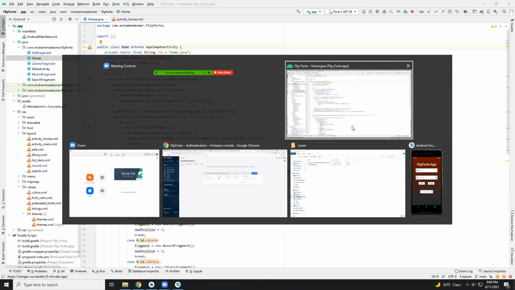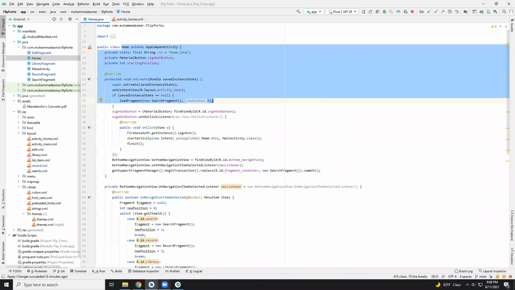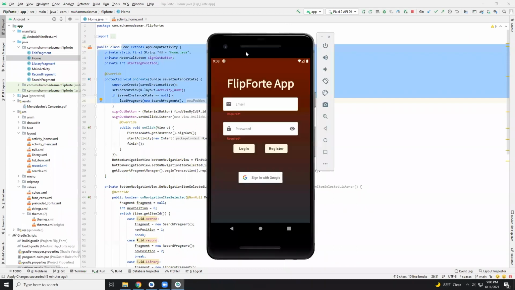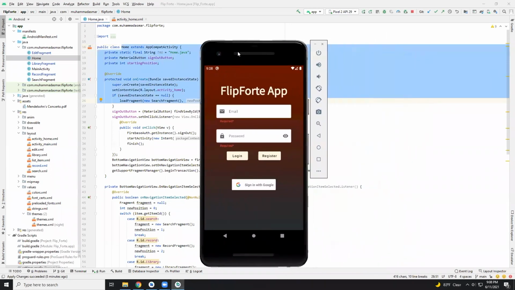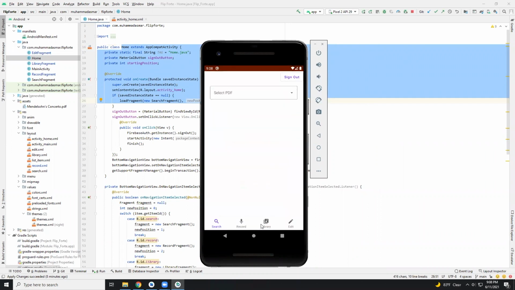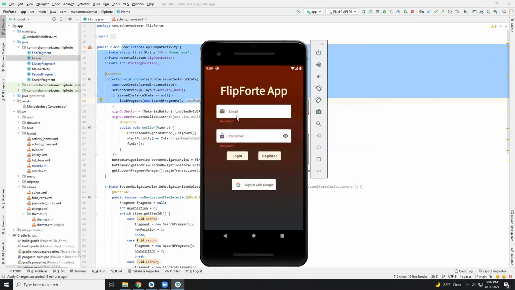So to start off, we have my Android Studio open right here and the emulator that will be showing our app. This is where the user will log in and register for our app, but they have two different choices. They can either sign in with their Google account or they can use an email and password. So if I were to use my Google account, which I've already signed in previously, I would have a successful sign in. But let's say if I were to sign out and I wanted to create my own account, I